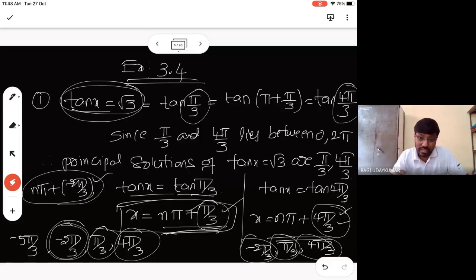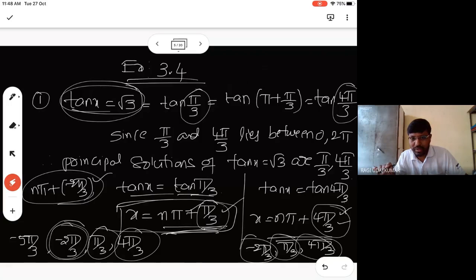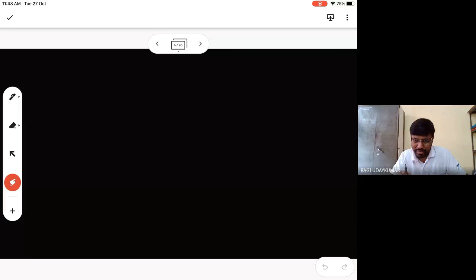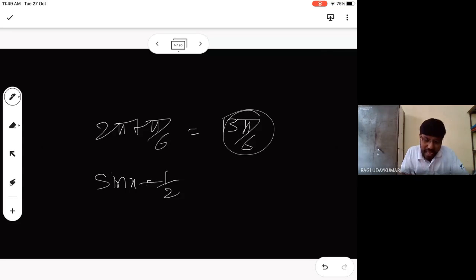Suppose you set sin x equal to 1/2. The values satisfying sin x = 1/2 are 2π + π/6, also 2π + π/6. What is the value? 13π/6. So this is equal to 13π/6. So whenever sin x is equal to 1/2 is given,